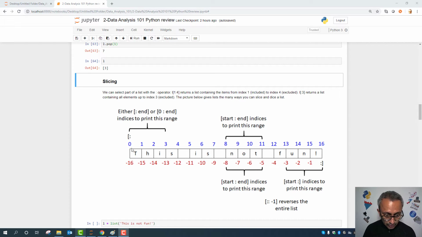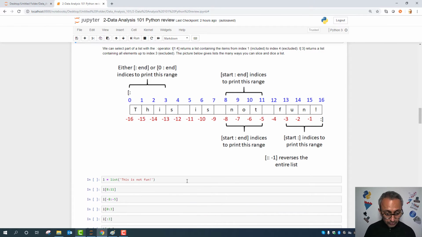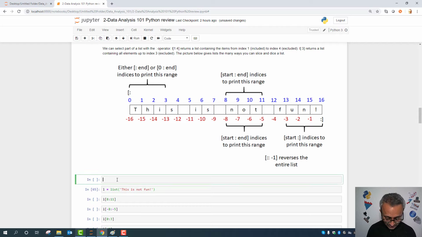So the index of the letter T is 0, for H is 1, 2, and so on. So this is a list. If I don't use list before that, it will of course be a string. And you can use the same indexing approach for strings as well, but since we were on list,